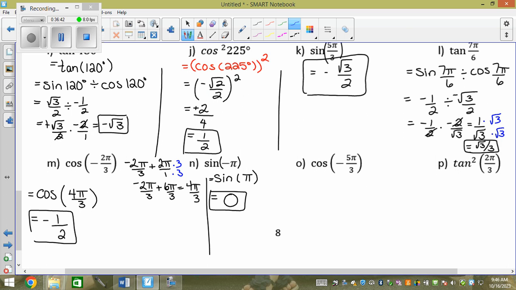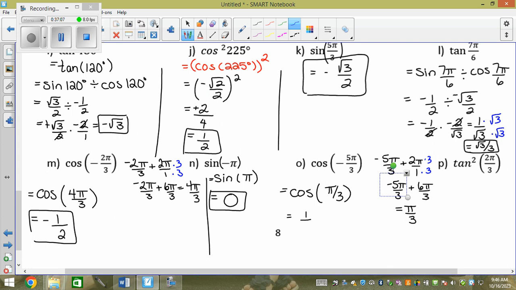And then negative 5 pi over 3, I have to add 2 pi. So I get negative 5 pi over 3 plus 6 pi over 3, which is actually the same as pi over 3, or 60 degrees. And cos at pi over 3 is,